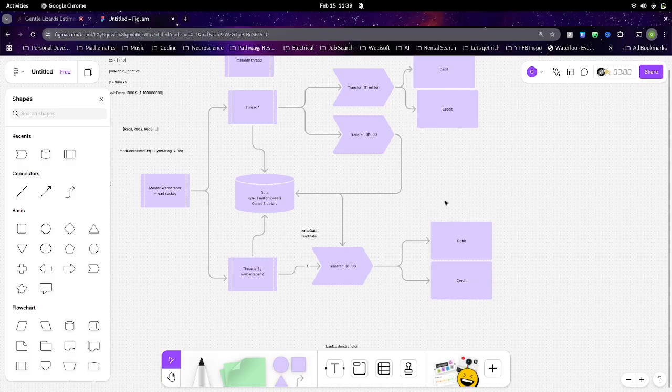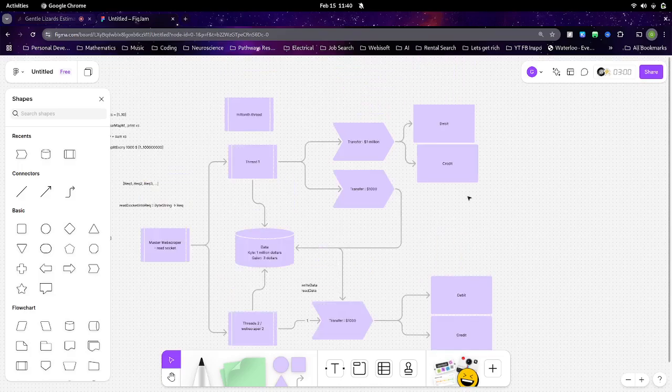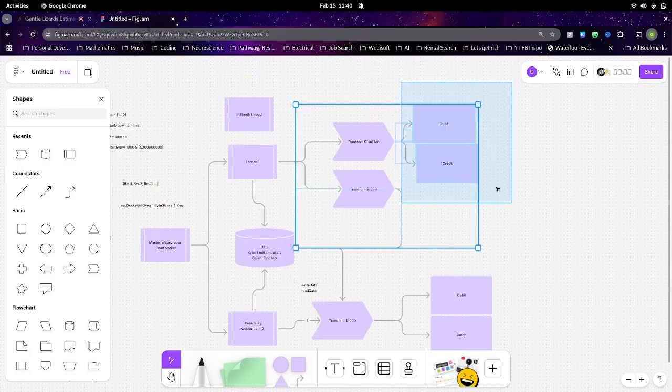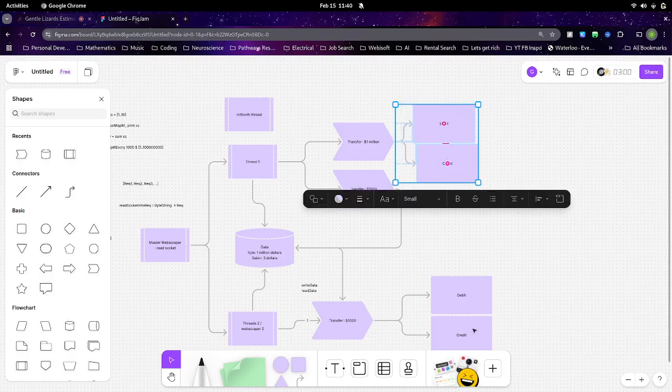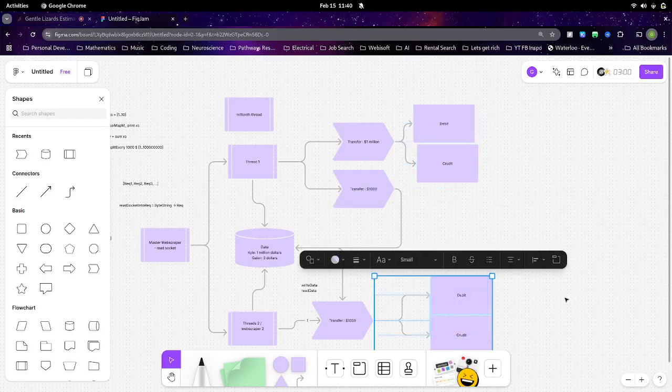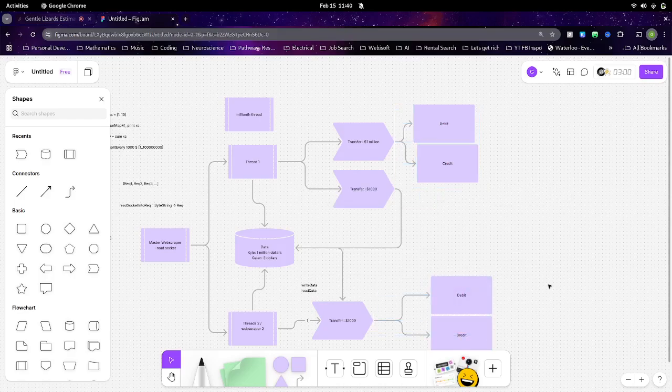So we know that we want these two things to be atomic, to happen together, and we know that we want these other two things to be atomic and happen together. But which one do we want to happen first? There's not anything that makes more sense than just to say the order in which they were received.